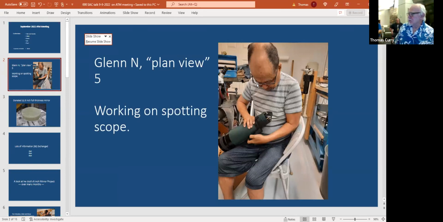Glenn likes to come over and work on things on his own time. And I couldn't resist getting this picture. This is a plan view of Glenn's head. If you know, architects do a plan view looking straight down. It's funny to me, I don't know. Anyway,